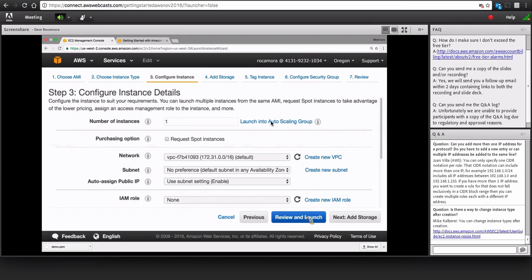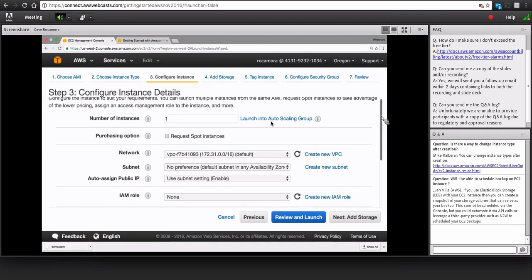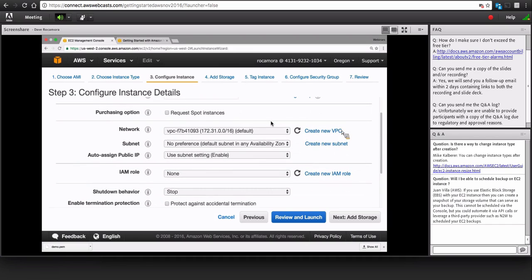All right, so next we can configure the instance details. There is a lot of information on this page, which would help you specify details about how your instance is working. The defaults are pretty much okay if you're just getting started, but there are some you might need to know about in the future. I think the most important one on this page, if you're just getting started, is this auto assign public IP